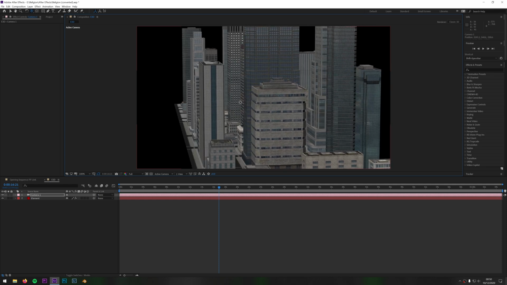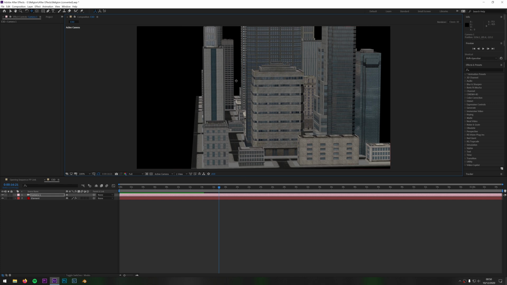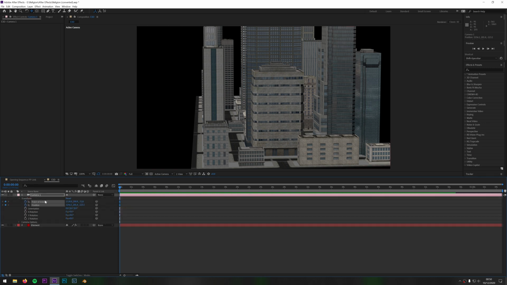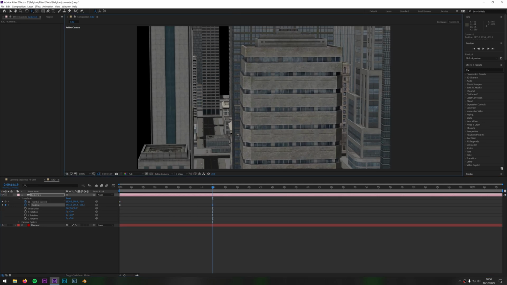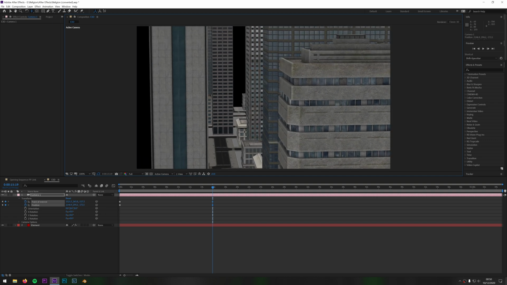So to create a very basic fly through, if we're going to say for instance fly through down this path, you want to put yourself on the first keyframe, start the composition and create a keyframe by clicking this, and it'll create a keyframe for the point of interest and the position. Then if you move along the timeline, say 16 seconds, we can then use the zoom key to zoom in and move around for instance.